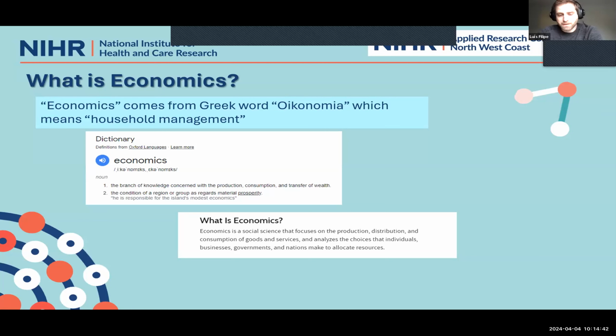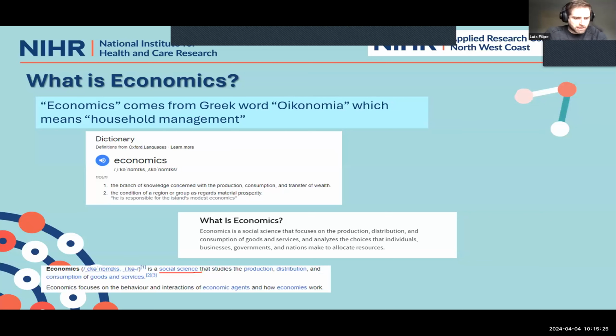Economics is a social science, and if I wanted to really put my shirt on and say that economics is the best, I could almost say that economics is almost the mother of social sciences, and let's see why. You can see that in there it says also that analyzes the choices that individuals, businesses, and governments make. Choices. So this is very interesting because it is what I will tell you that economics is. And then, of course, to allocate resources. Quite honestly, this definition is very, very, very good. But let's see what else we can find.